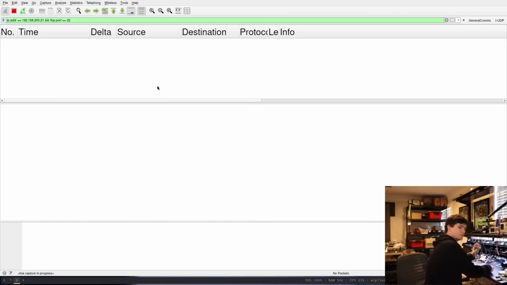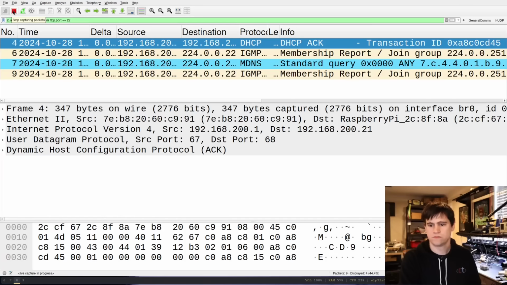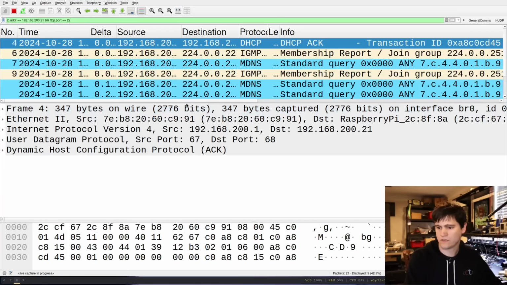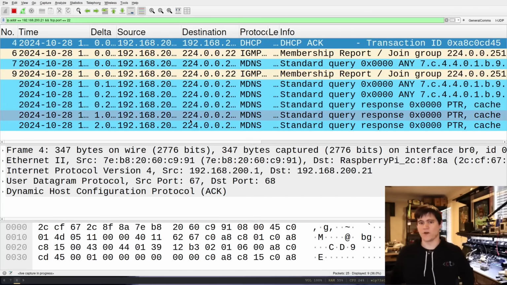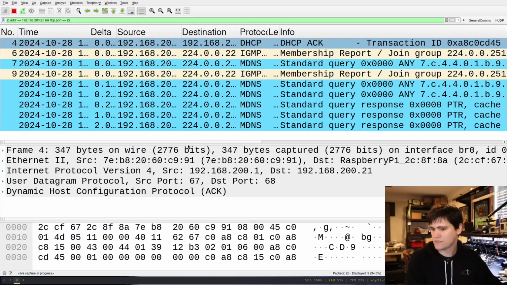And now what we're going to do is we're just going to unplug our Raspberry Pi, and then we're going to plug it back in. And then in a few seconds here, we should start to see traffic, and we should be good to go. All right, here we are. So it's just starting to connect. We're going to see